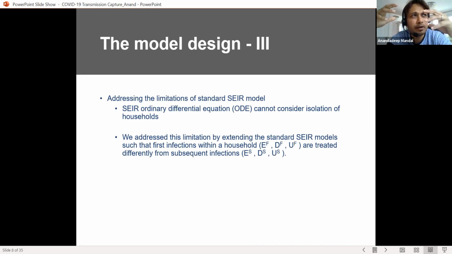Suppose, let's consider my household, okay? Now, in my household, suppose I have been infected. So I have COVID now. So in my household, if I have COVID now, I'm going to spread it to my family members. That is correct, right? However, suppose this is a bigger system, this is the population, this is my household. If I take my household out of the system,